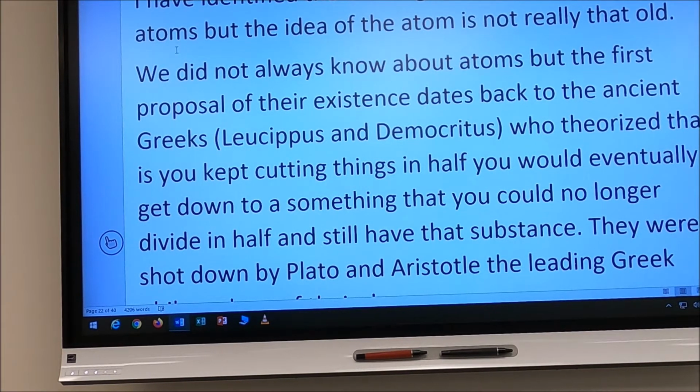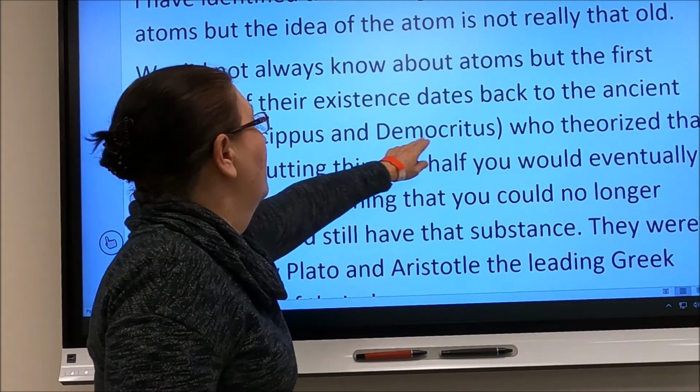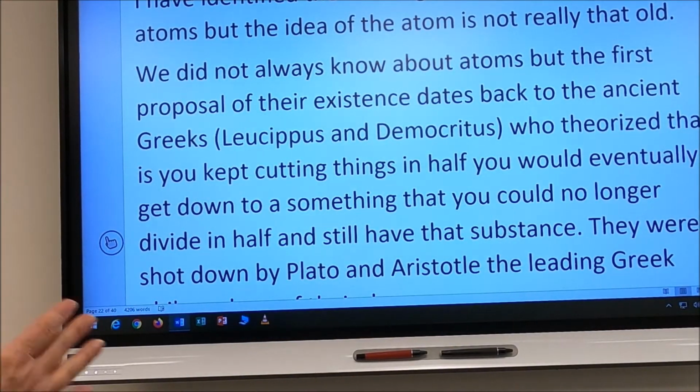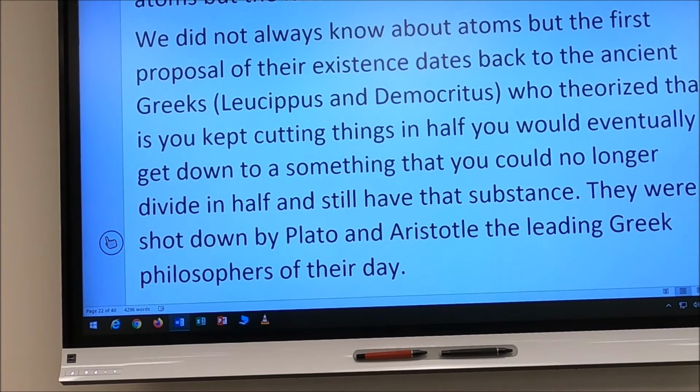So let's talk about where the idea of the atom actually started. The atom was kind of resurrected from a Greek idea by the two Greek gentlemen there, who I will not butcher their names, but you can see their names, okay, who theorized that if you took a block of gold, a hunk of gold, and you cut it in half, and then you took the halves and cut it in half, and you took the halves and cut it in half, that there would have to be some point where if you cut it in half, you would no longer have gold.